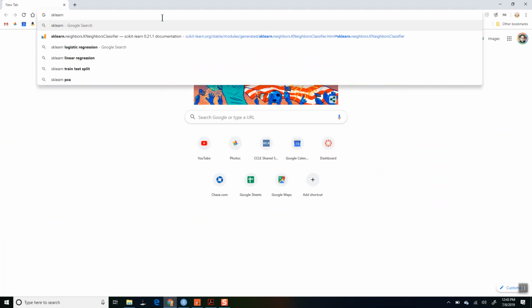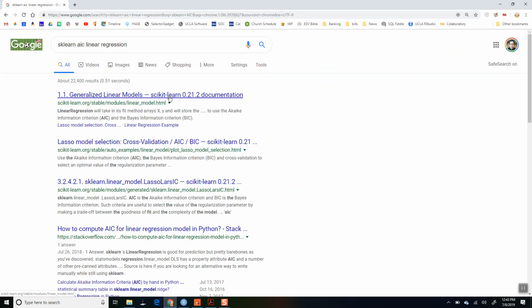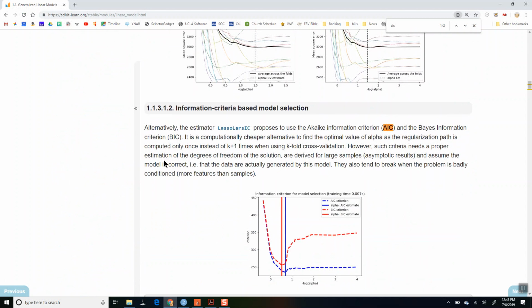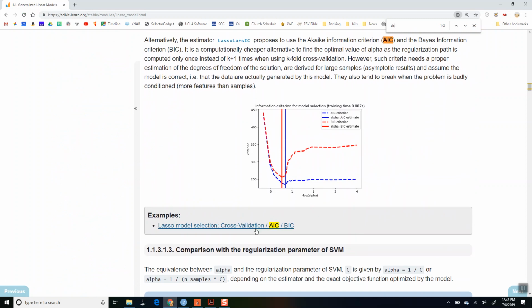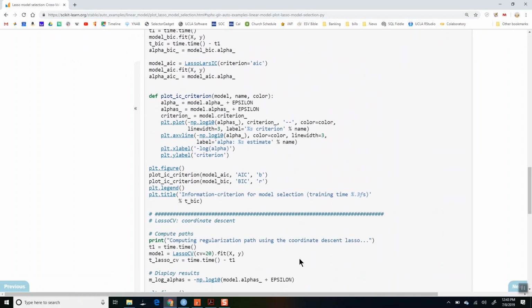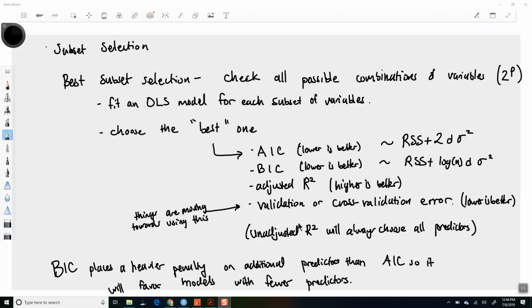Can you do AIC in sklearn? I don't know if it's possible. I've never tried. Let's see. Oh, they do have it. So you've got sklearn, linear model, AIC. Lasso model selection, cross-validation, AIC, BIC. Okay, I guess they do have it for the lasso. Okay, so anyway,